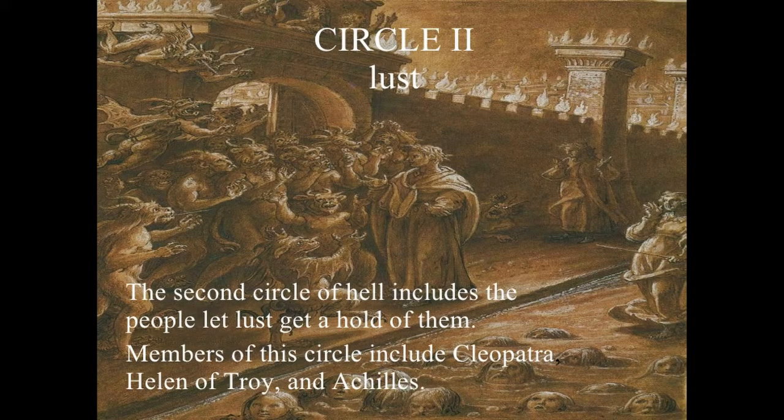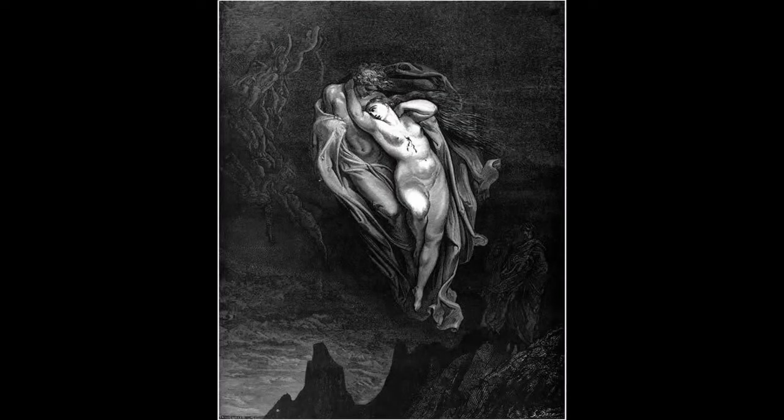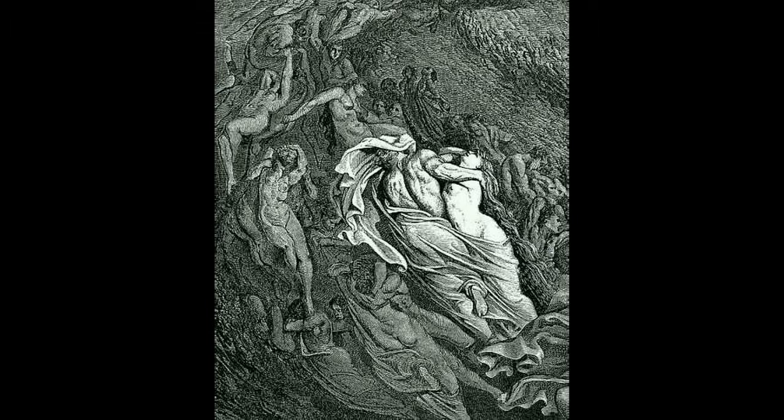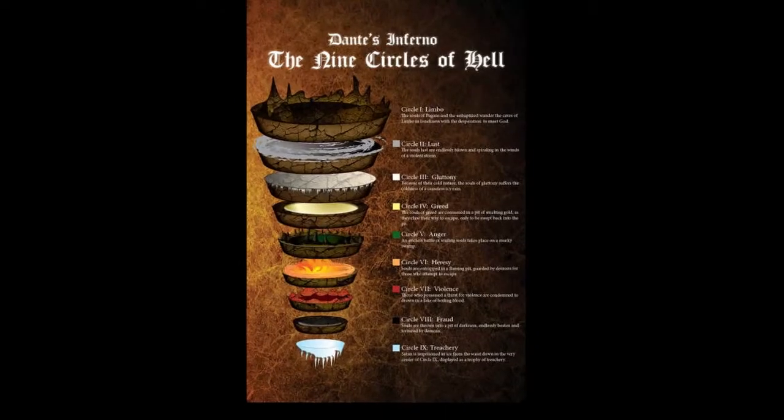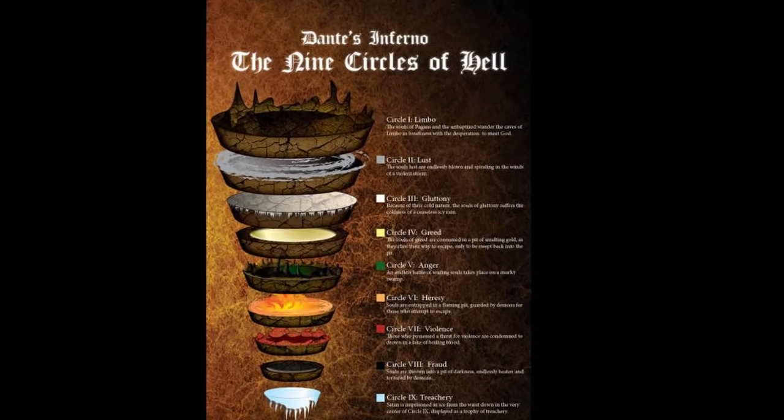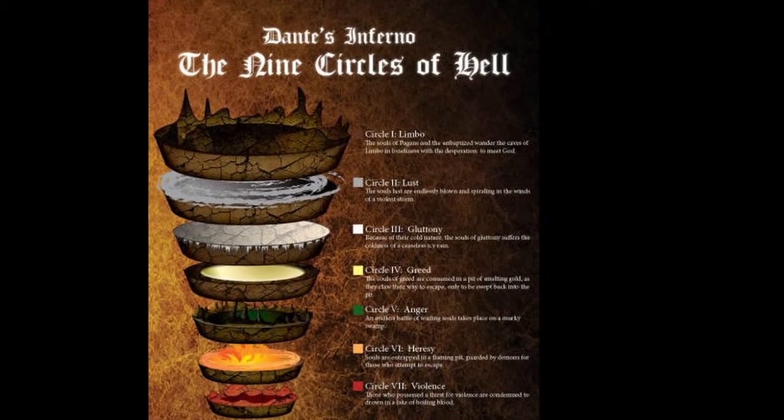These sinners are condemned because they allowed their appetites to sway their reason. These souls are buffeted back and forth by the terrible winds of violent storms without rest. This symbolizes the power of lust to blow the sinner heedlessly and aimlessly, as these sinners are whisked away uncontrollably by their loins, so now they are blown into the chaotic winds without a sail to guide them or to steady themselves. I find that lust is different than the other sins because it implies sexual desire, though it may